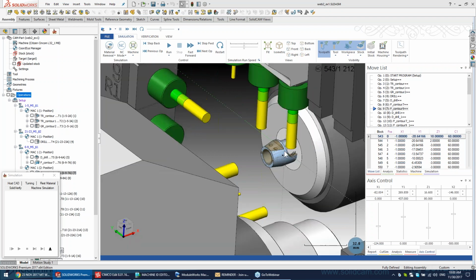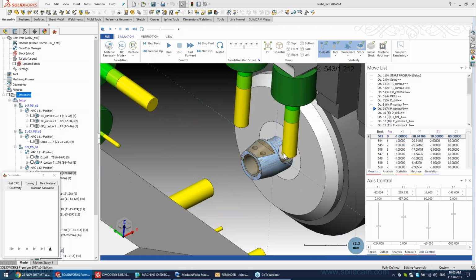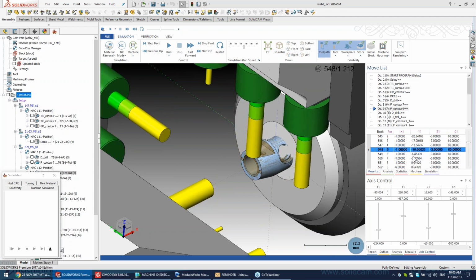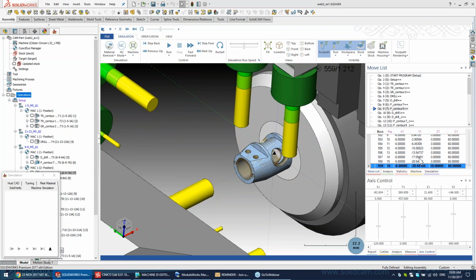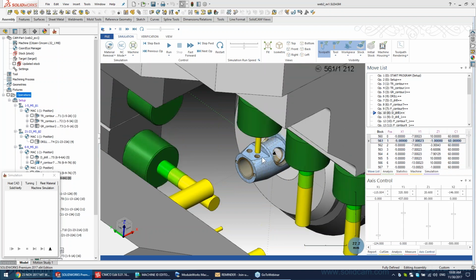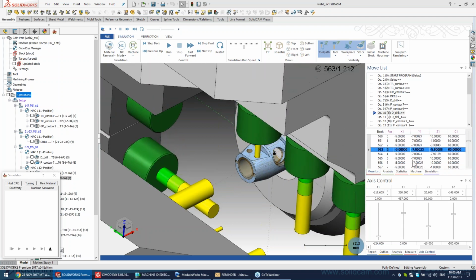And a position to the operation using X, Y, and Z. I'm going slow just to see better. And drill on the same position